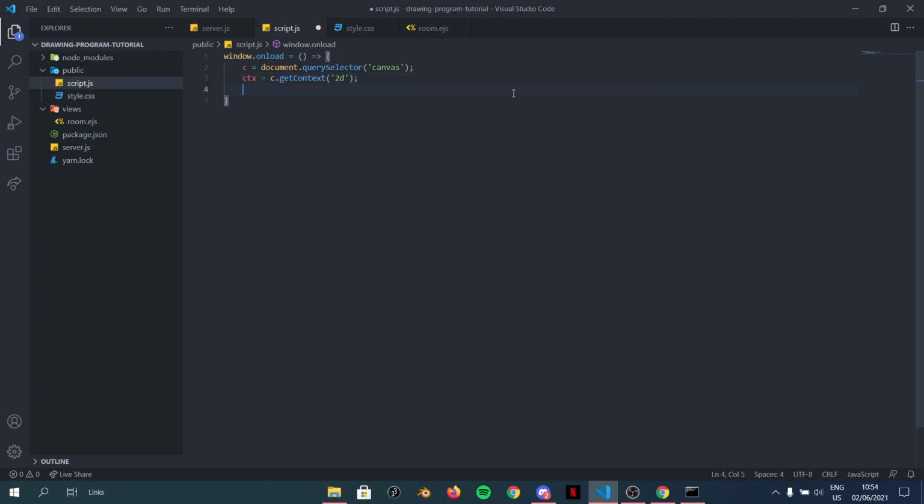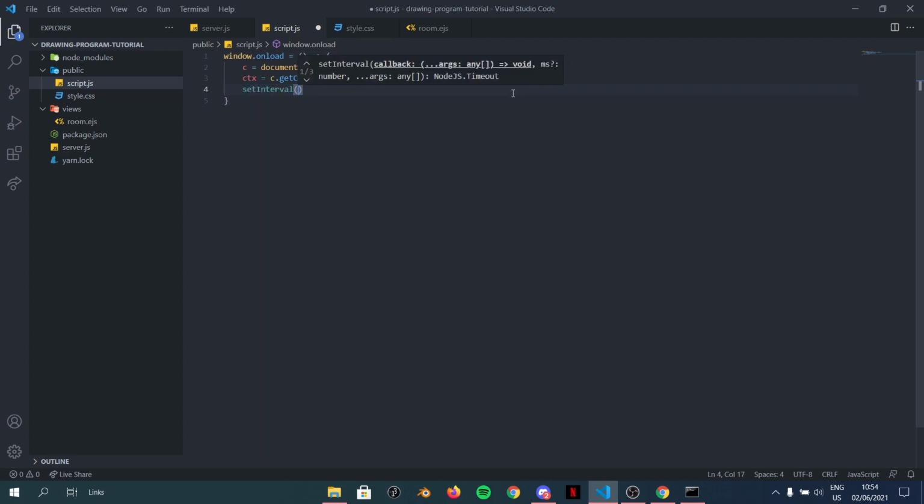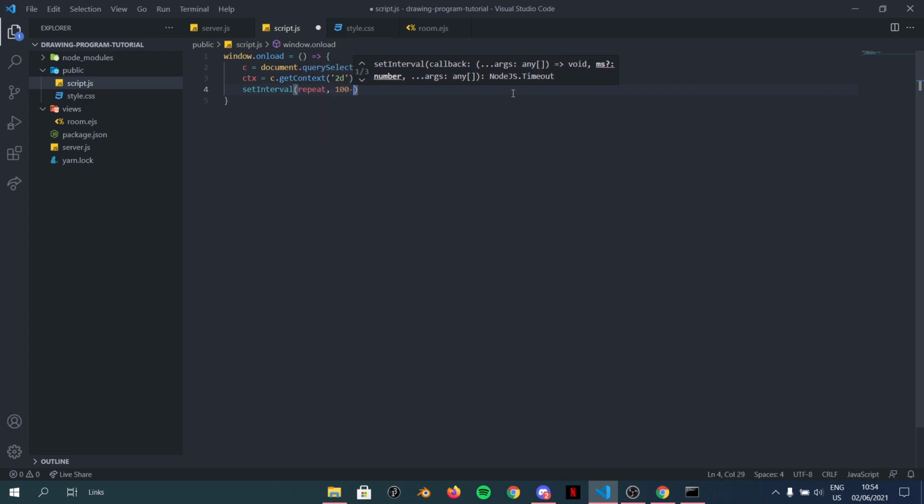And now we can create some kind of a repeating function, which we can do by setting an interval, which is going to run 30 times every second, which we can define by this variable right here. Now if we grab our repeat function,